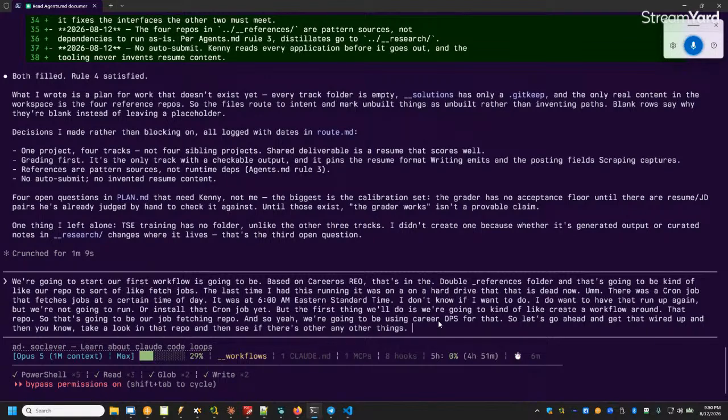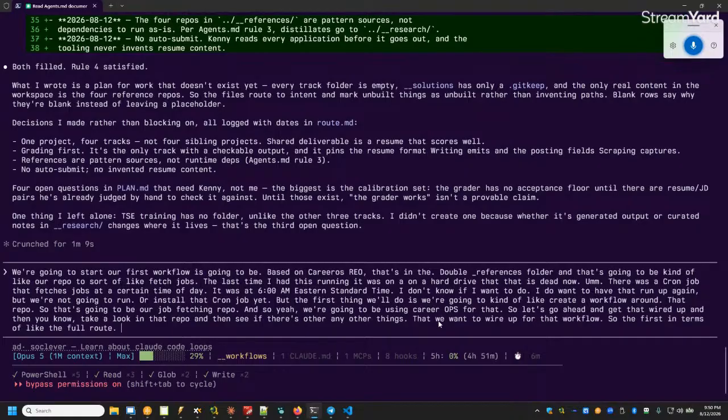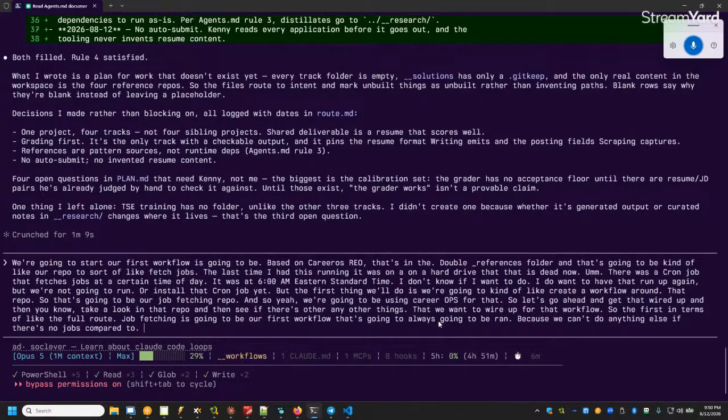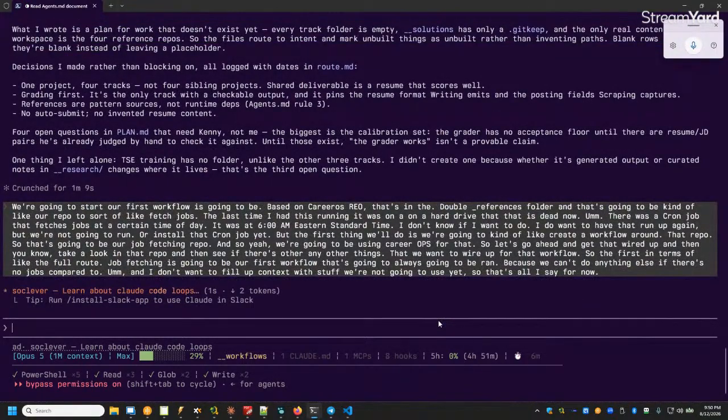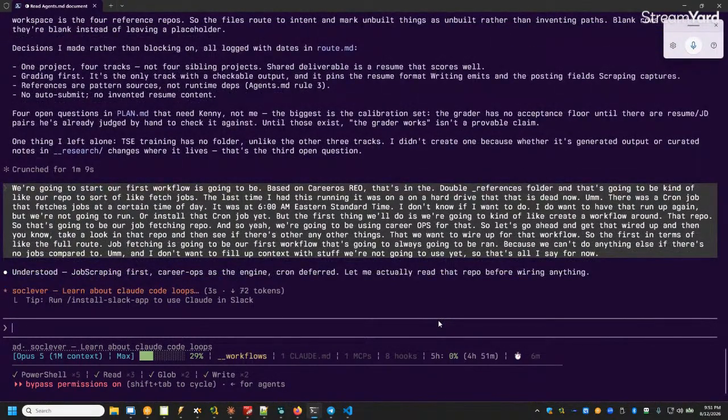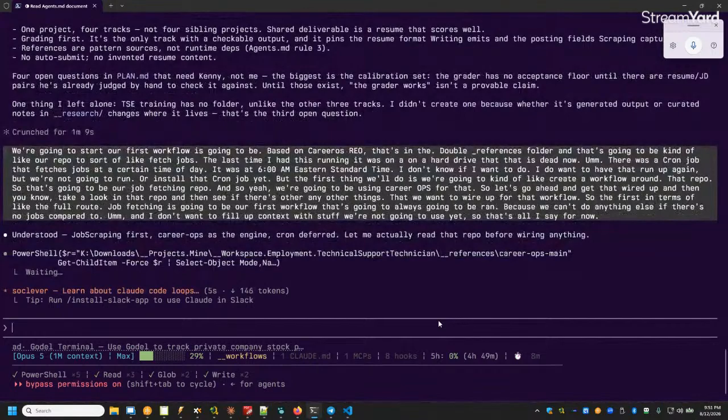So in terms of the full route, job fetching is going to be our first workflow that's always going to be run, because we can't do anything else if there are no jobs to compare against. And I don't want to fill up context with stuff we're not going to use yet. So that's all I'll say for now. Okay, so now that that's gone,